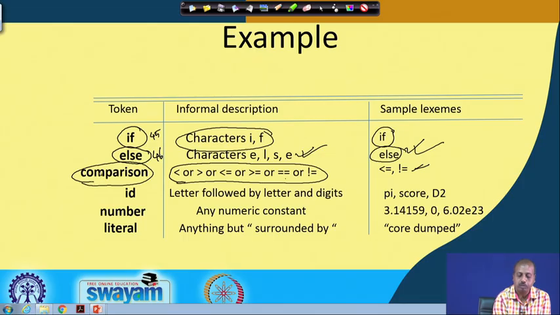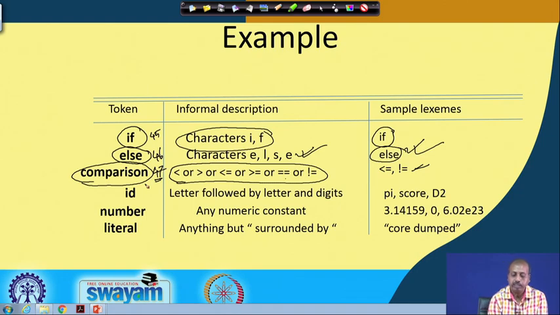This comparison token may be given the number say 47. When the parser asks for the token, if the lexical analysis tool gets less or equal on the input file, it will return the value 47 to the parser, but that is not sufficient because I need to tell which comparison operator I am talking about.